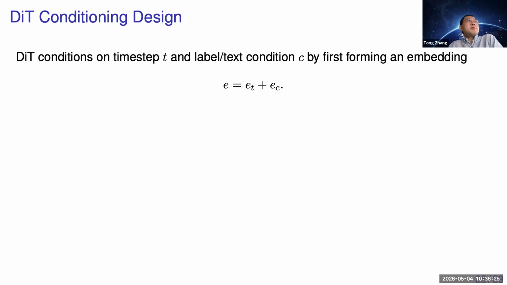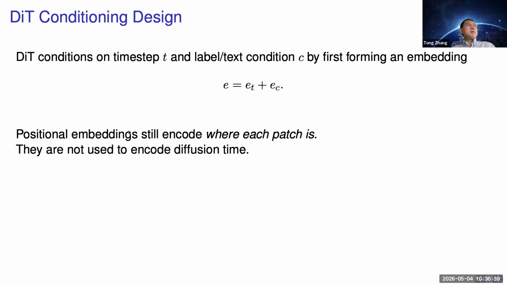On time step and the label, right? So basically, you're thinking about the C by forming an embedding, right? This guy, yeah. There's a position embedding which we talked about in the image tokens. Maybe I'll rewrite a little bit, but their position embedding is elsewhere. Here, this embedding is a conditioning about both time and your